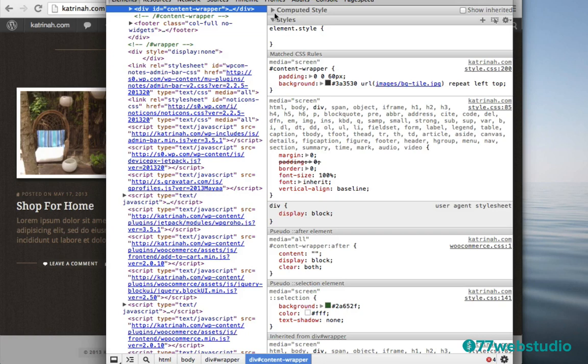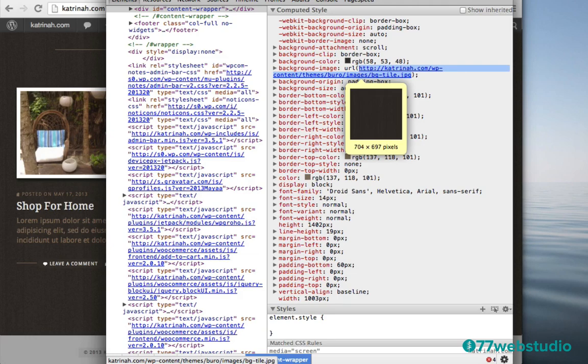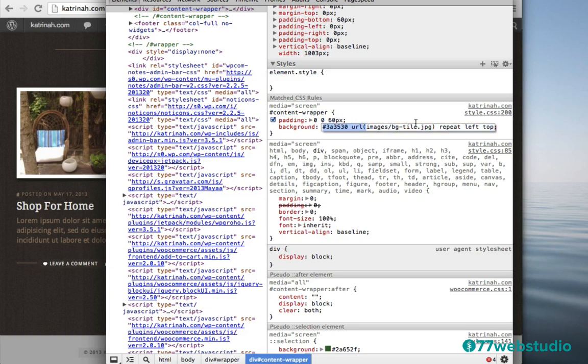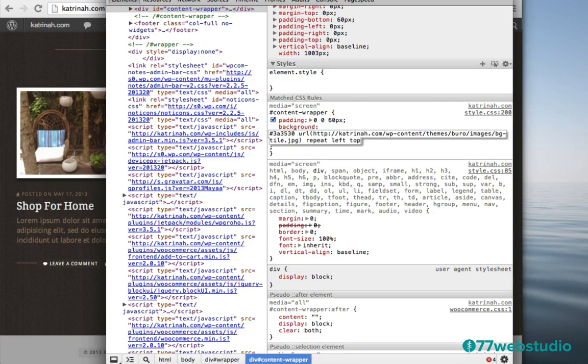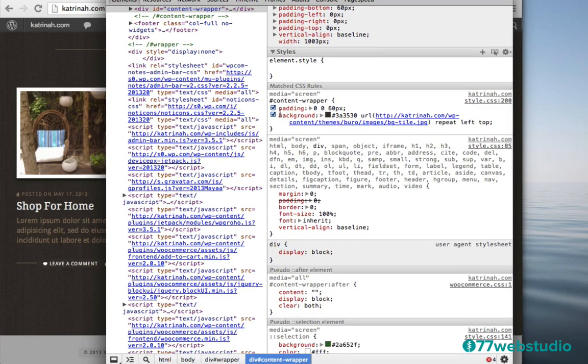To capture this, I'm also going to click on this button right here, and you'll see here's the background image right here as well. So I am going to just copy this. I just copied this image URL, and I'm going to scroll down to right here, place my cursor right there, and paste this image URL right there. Now I'm sure there's many ways that you can go about it, but this is the way that I found is easiest for me. So here is the code that I need to copy, so I'm just going to select all of this and copy it.